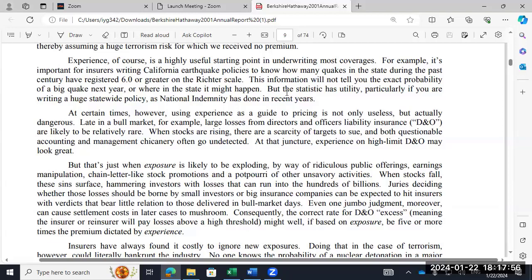That's very reliable stuff. We'll see that when we talk about credit scores. We'll see all those factors insurance companies look at for homeowners and auto insurance. How many accidents you've had, how many speeding tickets you have, those kinds of things. Those are pretty reliable, very reliable. So using experience as a guide to pricing, there are times where that's not only useless, but actually dangerous. But when is it? With auto insurance, no. You're going to rely heavily on experience with auto insurance.